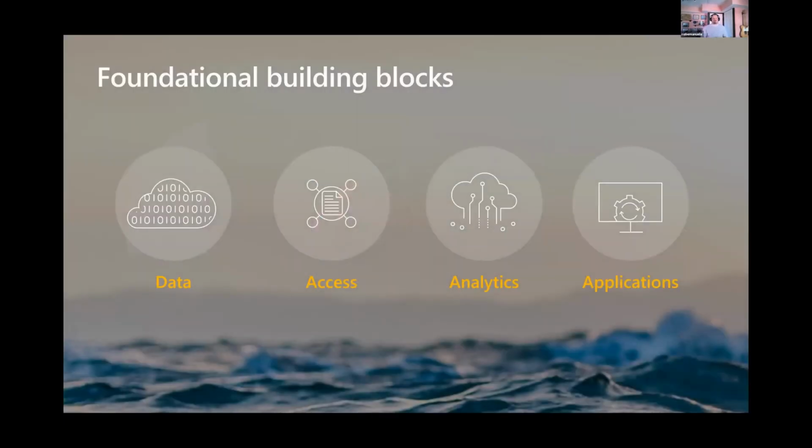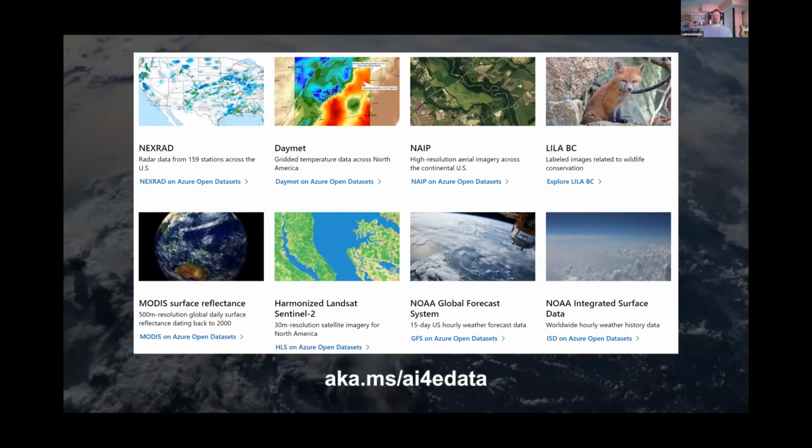So our near-term focus is building out foundational building blocks around data, access to that data, analytics on top of that data, and applications using that technology. Like other cloud providers, we're hosting open data sets on Azure. We're pretty far behind in the open data game, but we're catching up, building ETL pipelines to onboard new data sets